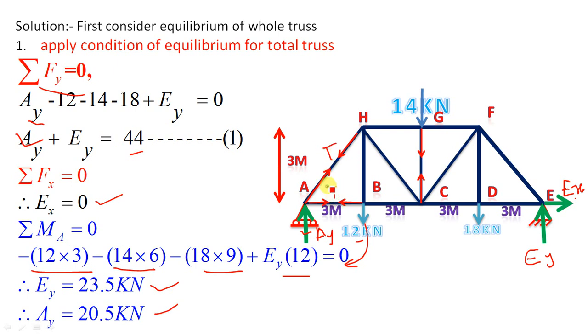Instead of finding out whether it is tension or compression, for simplicity assume all are in tension. So this is also in tension. When two arrows are approaching towards each other, it indicates tension, or when the arrow is going away from the joint, it indicates tension. Okay, now the first step is over: draw the free body diagram. Second step, apply the conditions of equilibrium, find out the support reactions, and then assign notation to each force in each member. I have assumed all members are in tension.